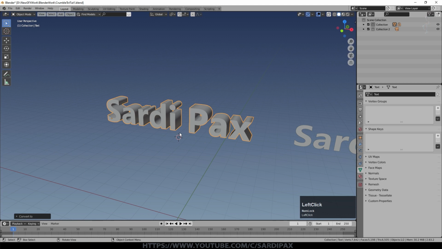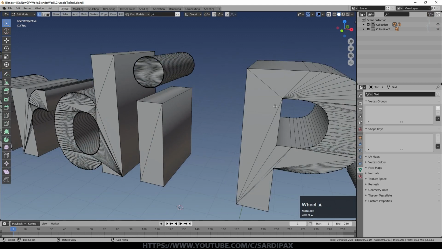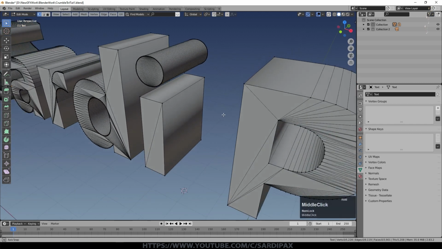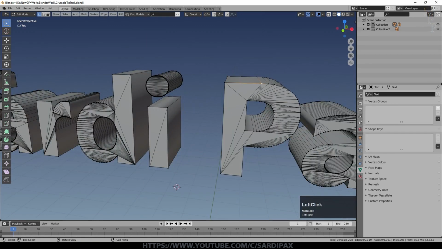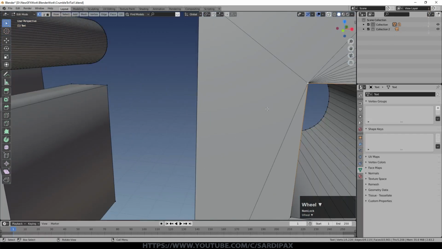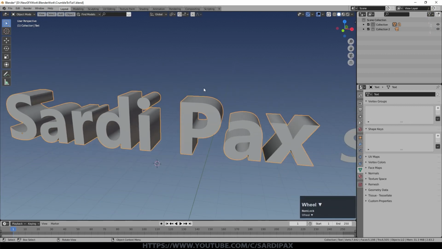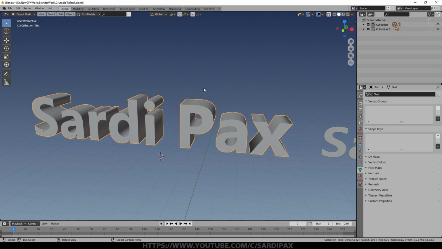So nothing appears to have changed, but if we go into edit mode, you can see this is now a mesh. And you can also see it's quite an untidy mesh, and there's worse in there than that. Some of these vertices, as you can see, aren't properly manifold, as it's termed. Now there are some things you can do about that if you're already at this point, but let's just have a look what happens if we now apply our fracture modifier.